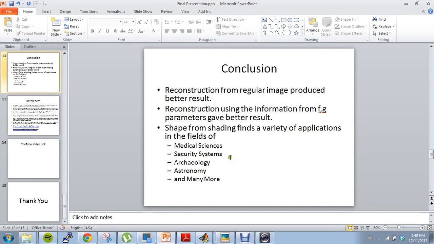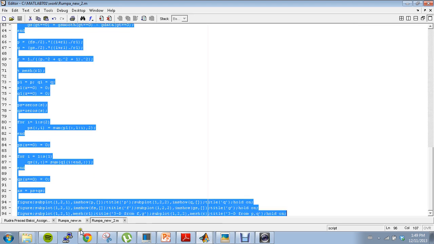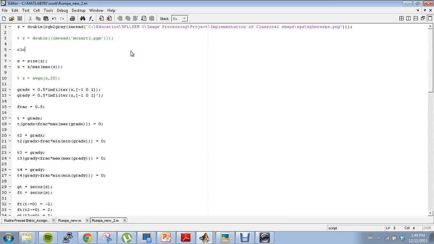Before moving on to the conclusion, let us discuss the code or the simulation. This code has been run on MATLAB in order to simulate our project. The code was run on MATLAB using various tools and functions, as you can see, used for the purpose of image processing and computer vision.